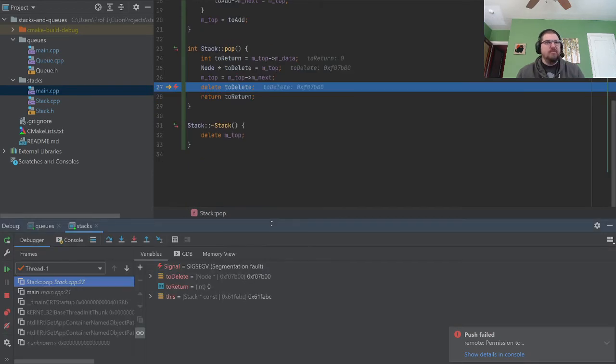Segfault. All right. What? Data in next is null. Well, huh? See, this is when I wish I was live streaming this, because I could just look and you guys would be like, oh, it's that, dummy.